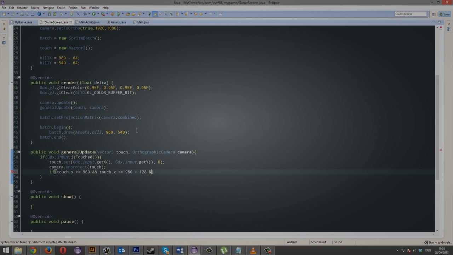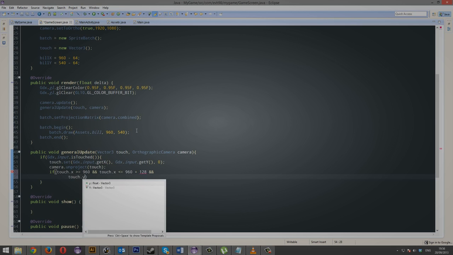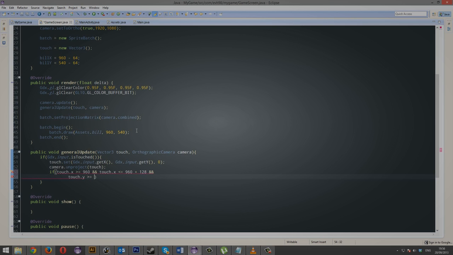and touch.y is bigger than or equal to the y, which is 540, and touch.y is smaller than or equal to y, 540, plus height, 128. Whew, okay. So that was an annoying formula. So now after that we're just going to do